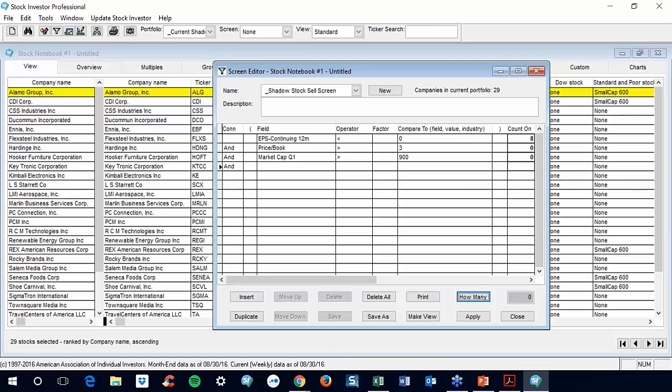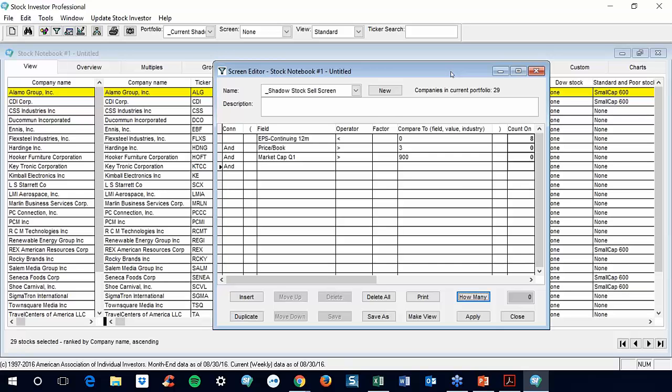Tony here was asking in regards to the lag that exists between when a company files its reports and when the data is available in Stock Investor. What's the typical lag in that? Well, Thomson Reuters prioritizes their data collection and data processing by those companies that are the most active,